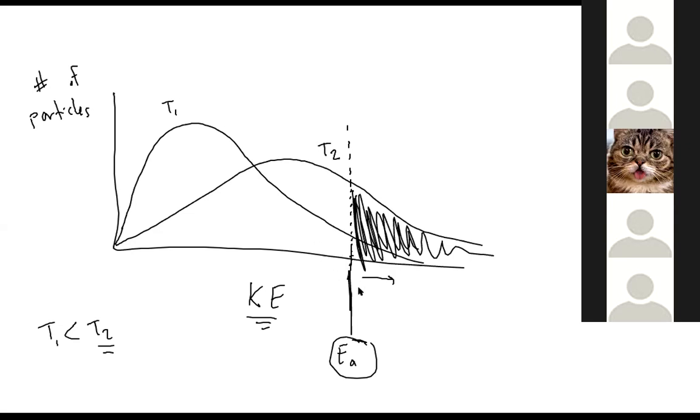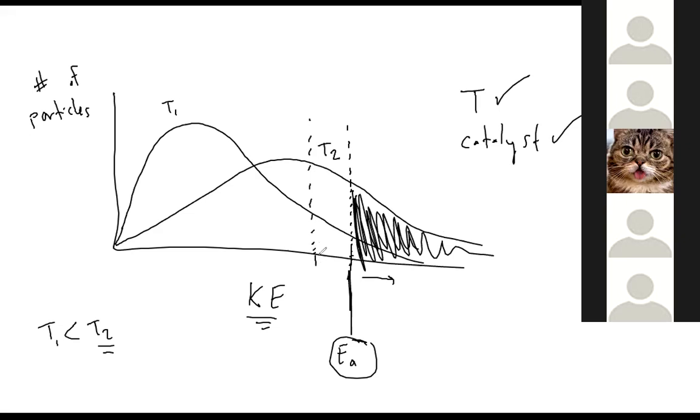Yeah, so this graph really helps us understand how changing the temperature can speed up a reaction and how adding a catalyst can speed up a reaction, because a catalyst would take this activation energy and shift the threshold down to the left so that my activation energy can now be overcome with a lower amount